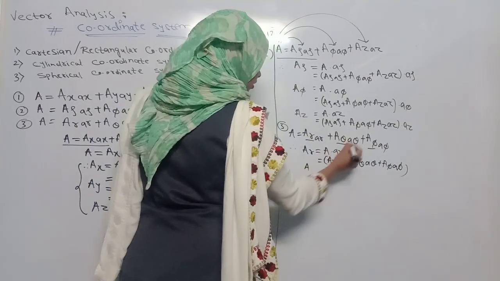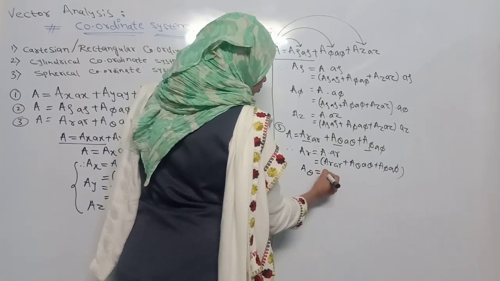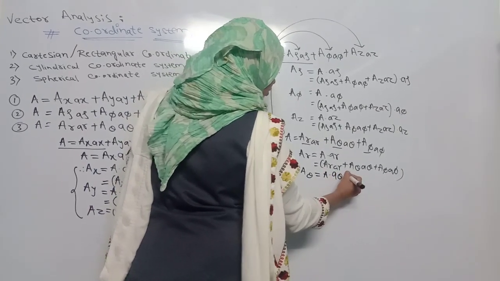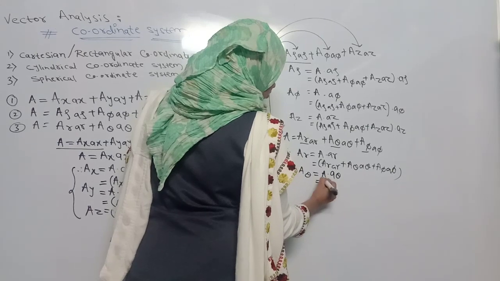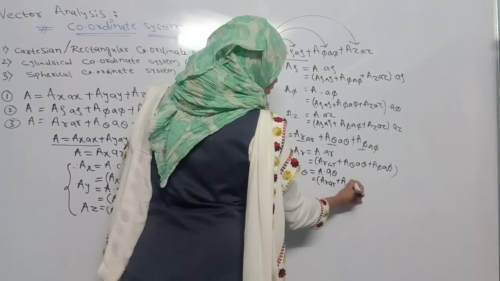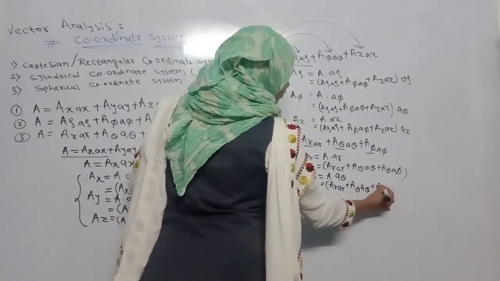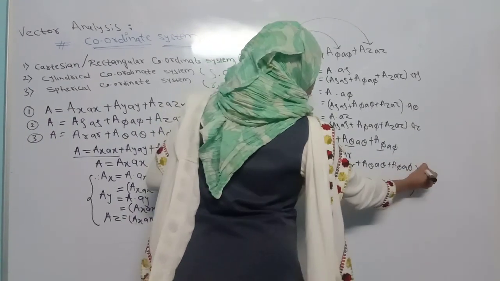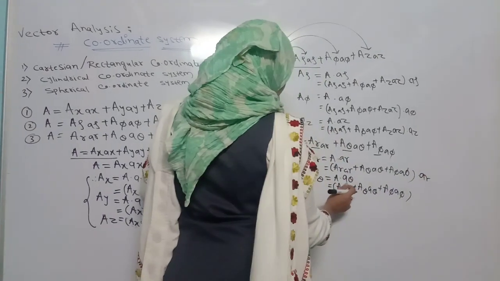Similarly, you can find Aθ, again as A dot aθ. So here will be again Ar ar, Aθ aθ and Aφ aφ. How are you going to multiply here? In the first case, you are multiplying with the ar. Here in this case you are